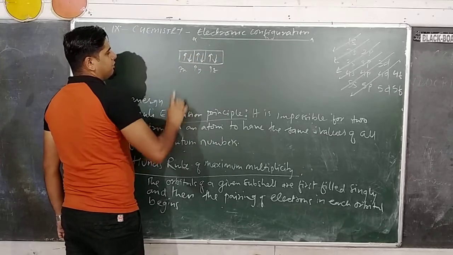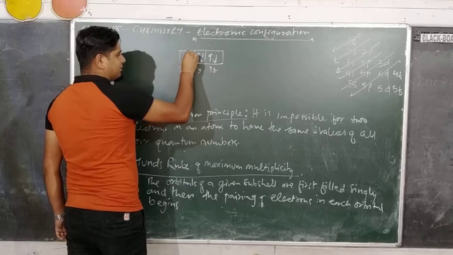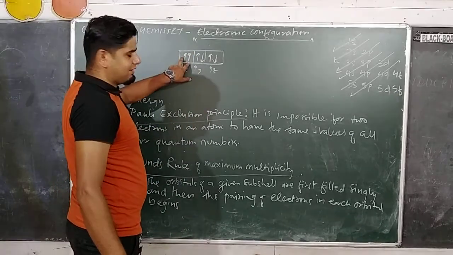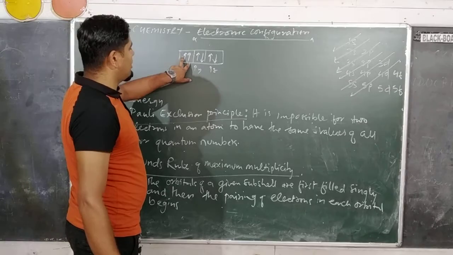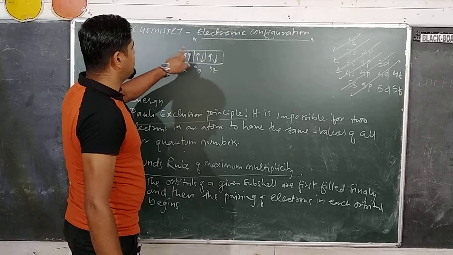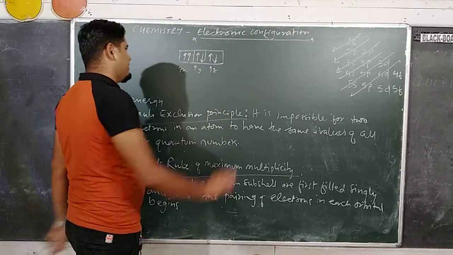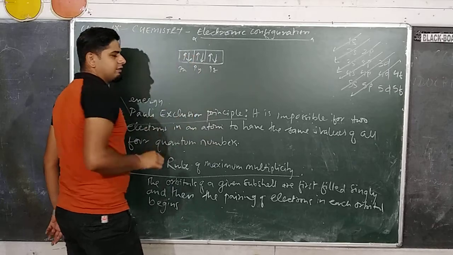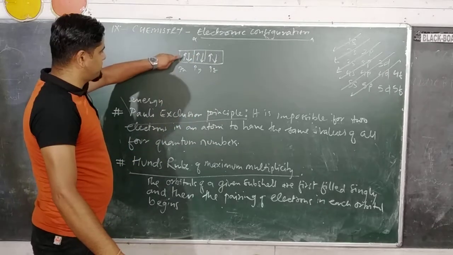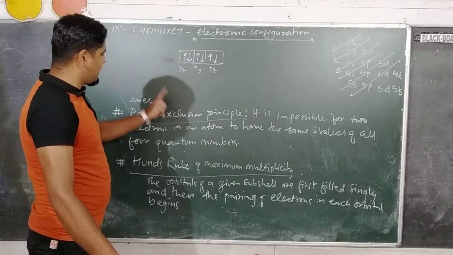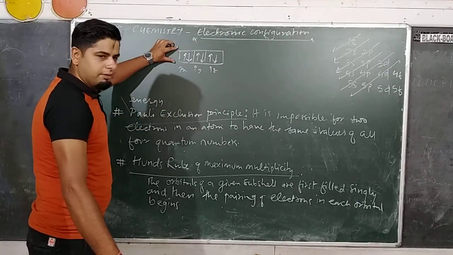Okay. So you cannot pair up the electrons like this, because if you pair electrons like this, then according to the Pauli exclusion principle, the values will be the same, plus half, plus half. So to maintain that, you should put the electrons like this. This is plus half and minus half. Then only is the Pauli exclusion principle followed here.